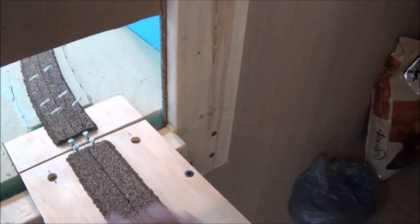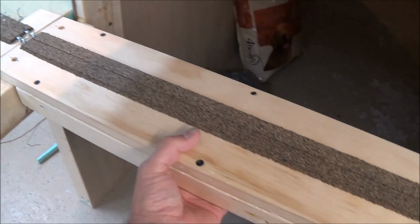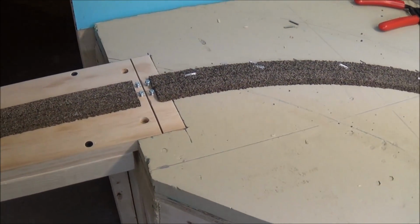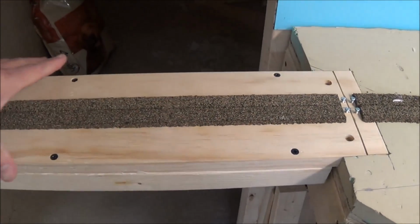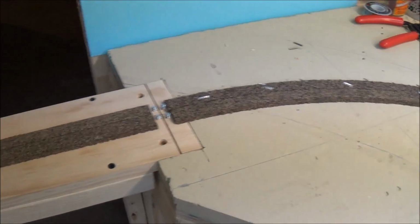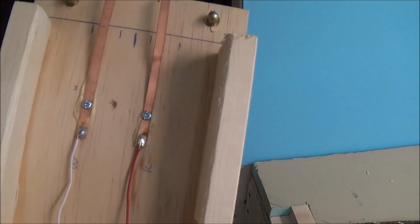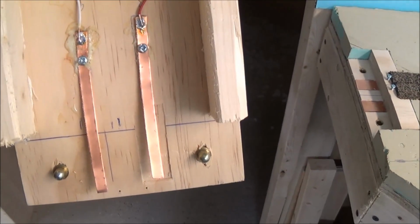And let me see. Now, here's the big kicker. How this is wired up. Everything's wired right now except for the track, because it's not down yet, of course. But let me explain how this works. We take this out and show you the other side. Now there's my copper contacts,